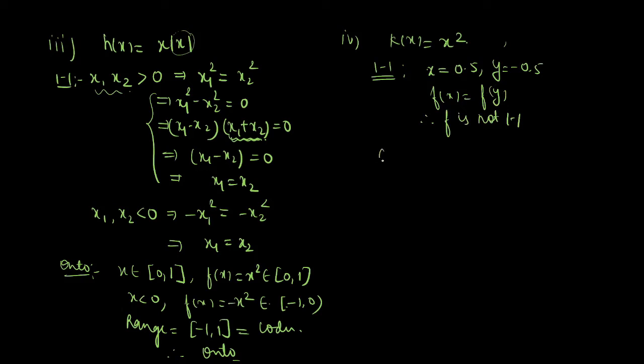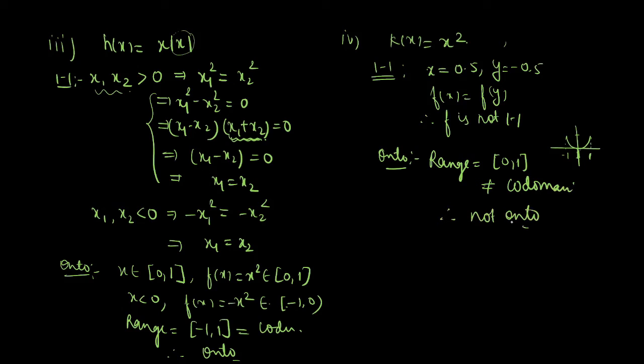Now is it an onto function? For onto, we know that this is the graph for the x square function. This is from minus 1 to 1. Okay, so the range of the function is 0 to 1, but there is no pre-image for the elements between minus 1 to 0, so the range is not equal to the codomain. That means it is not an onto function. So this function is neither one-one nor onto. Okay,